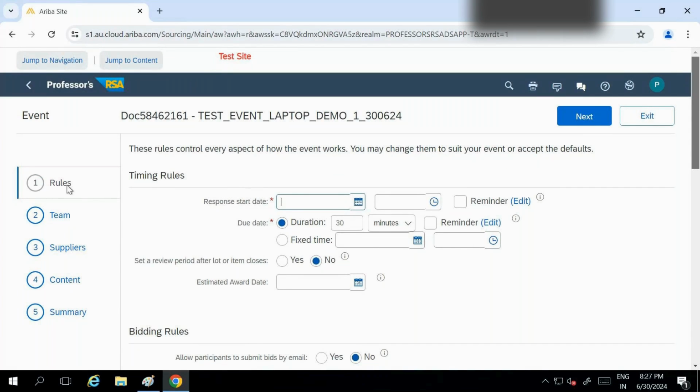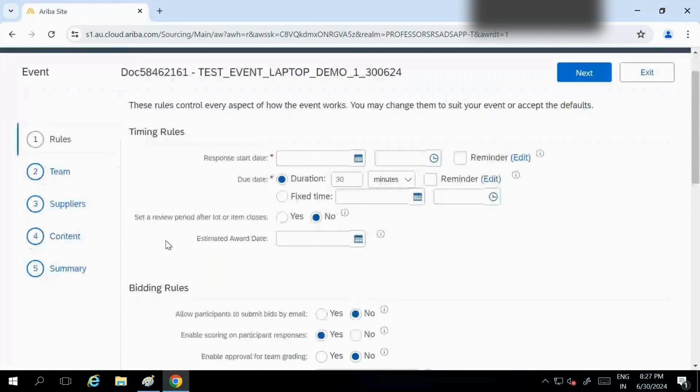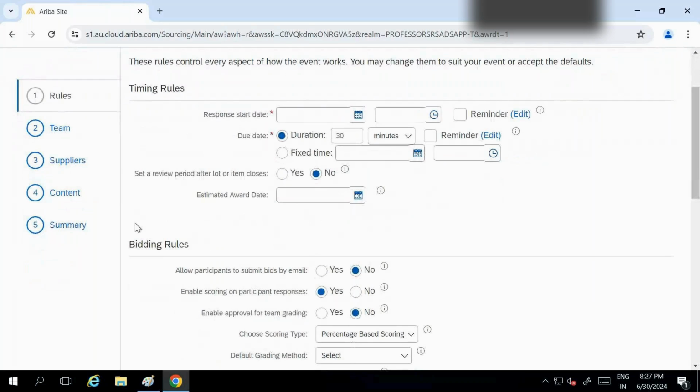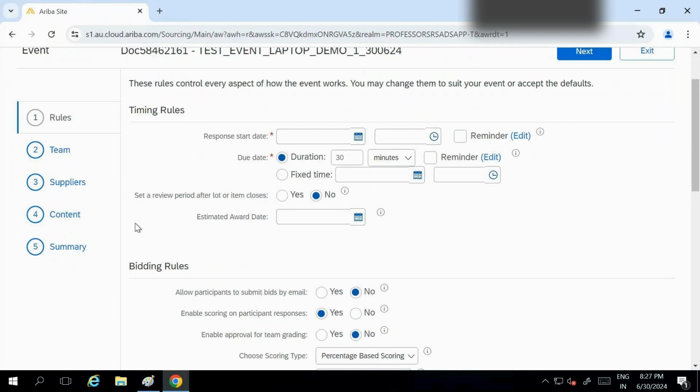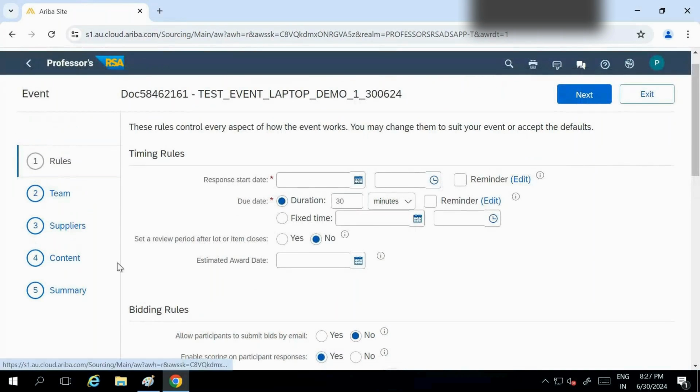He will say I'm in rules, I am not able to update the time for any event. So you can say to them, just let me know where you are standing. So in timing rules or bidding rules, the formula, these are some rules we have to select. There is a team, suppliers we have to add, content means our line items, and then summary, then we can publish our event.